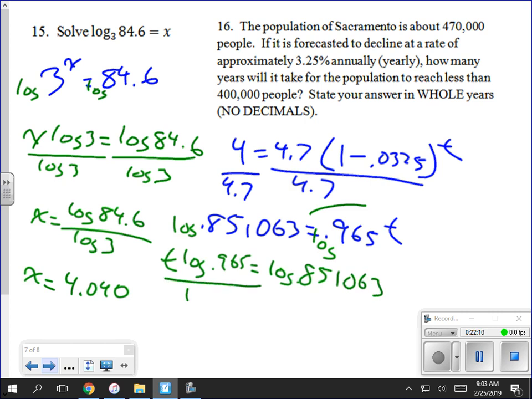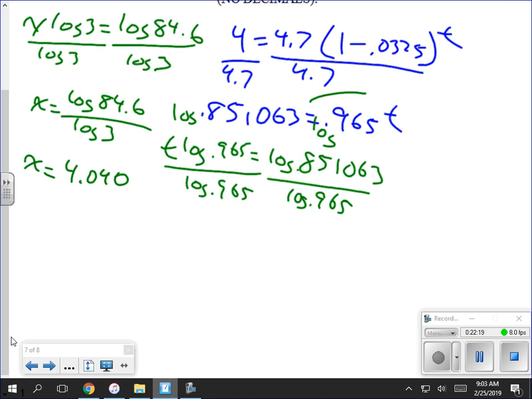Divide both sides by the log of 0.9675. T equals